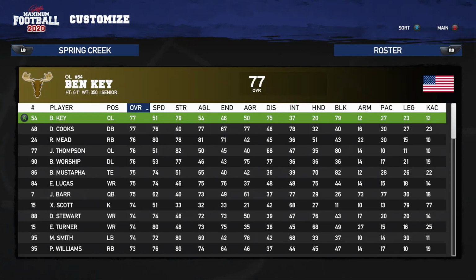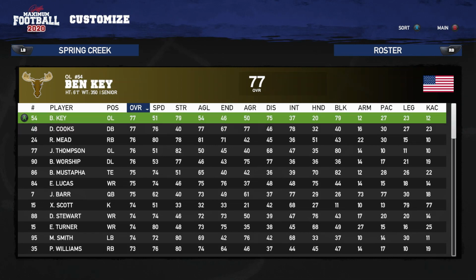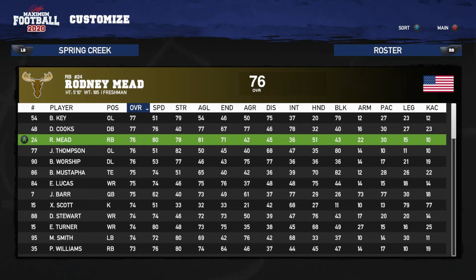This is also one of the better rosters in the ACSA. I would not be shocked if they potentially win this conference in Season 1. Their best player is an offensive lineman, which is no worries, but they do have these guys right here, and Ben Key and Darius Cooks are going to be good tone setters for this football team,